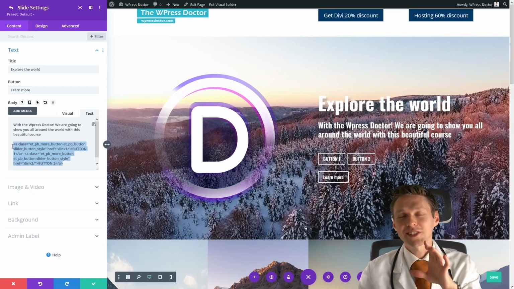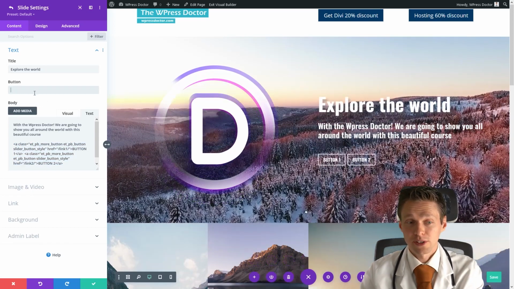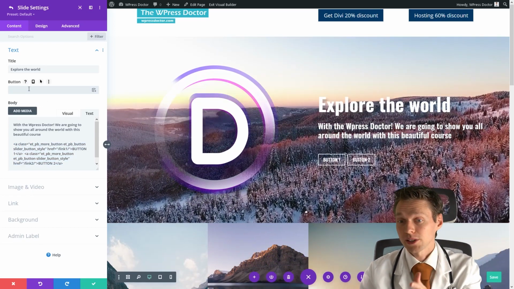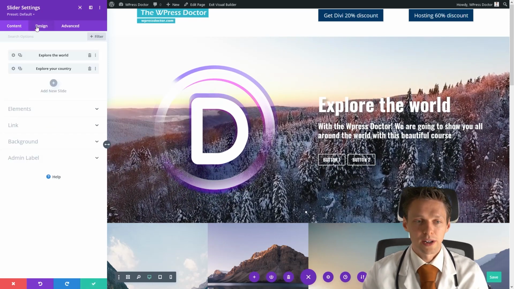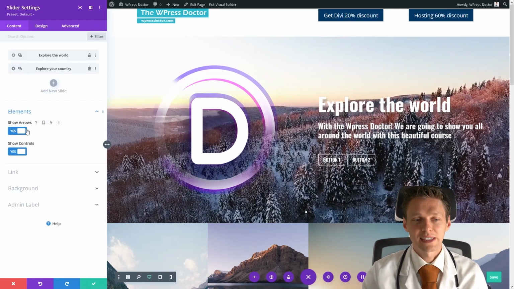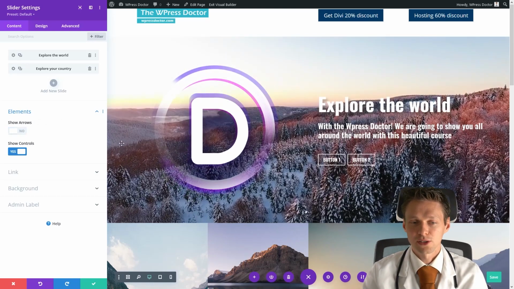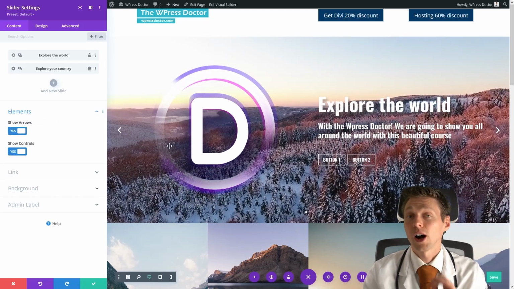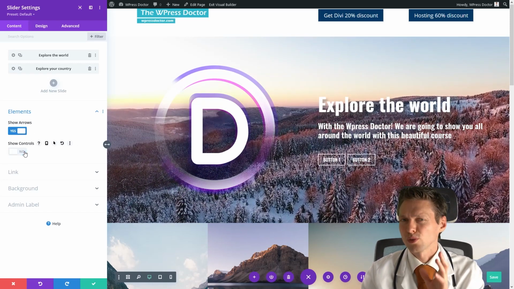All right, let's style the slider some more before we go on to the next module. Now we have to leave this button area empty because we already have 2 buttons. All right, let's save this one. If you go to elements, here you can control the elements of your slider. Do you want to see those arrows on the sides when someone hovers over your module? Yes or no? And do you want to show the controls? What are the controls?